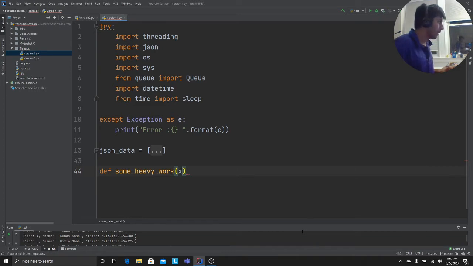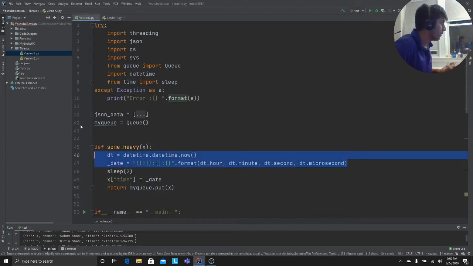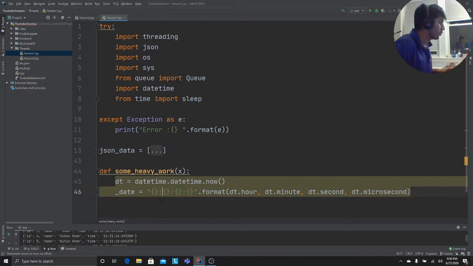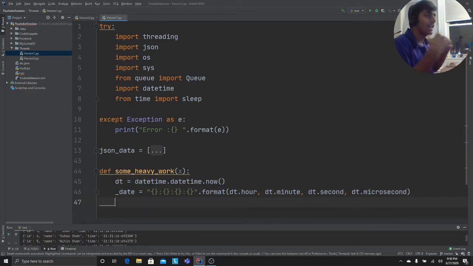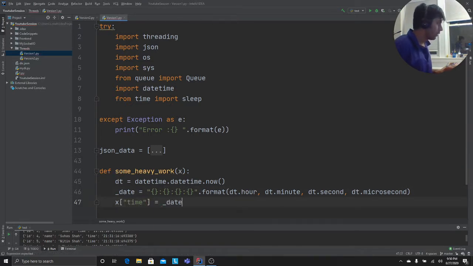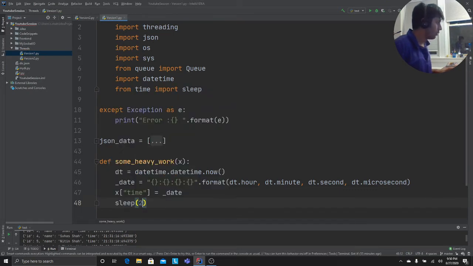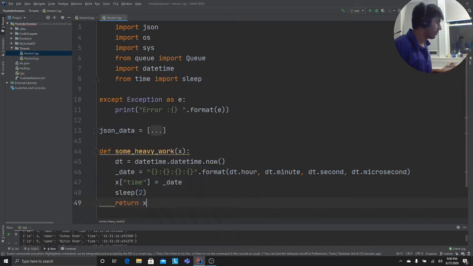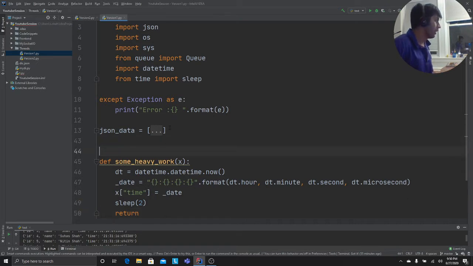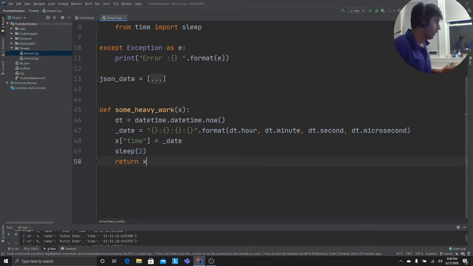Ideally, in the synchronous world, let's say you get the function. Actually, I'm gonna append the time for it. Let me copy the datetime snippet, because I just want to print the date time. So I'm gonna add the date and time to that, sleep for about 2 seconds, and then we return the X. I'm gonna show the nice level of threading and all. Trust me, it's gonna be a really very nice tutorial.